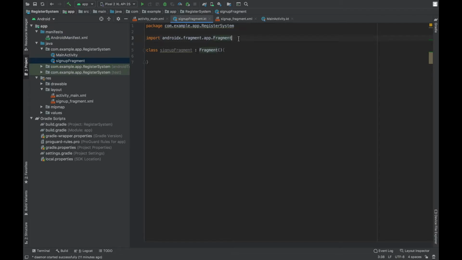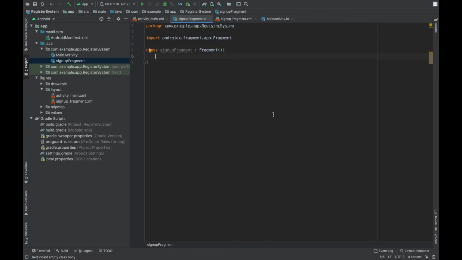So before doing that, we need to import the androidx.fragment.app.Fragment class. Okay. So now our sign up fragment class is extending the fragment class.